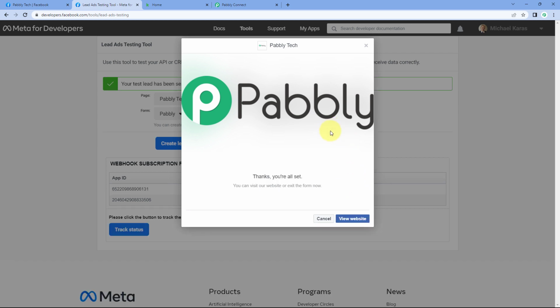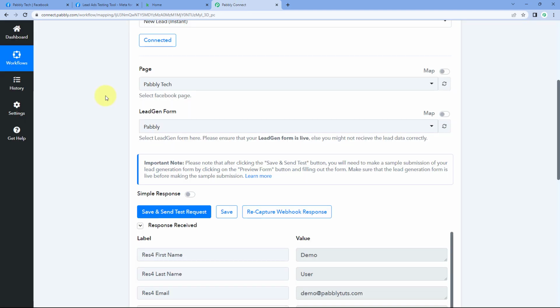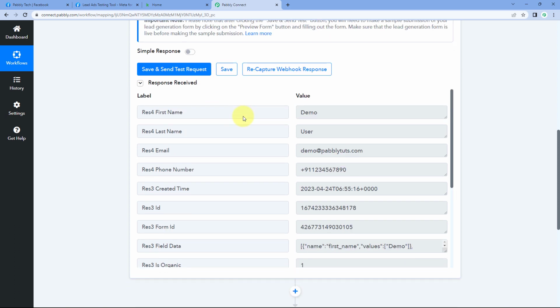So just now guys, using this lead ad testing tool, we have generated a test lead on our Facebook lead ad form. And because we have connected our Facebook account with that particular form with Pabbly Connect, here in our Pabbly Connect workflow, we will get some response. So here in this trigger window, you can see that we have received the response. And in this response, you can see the details of the exact same lead